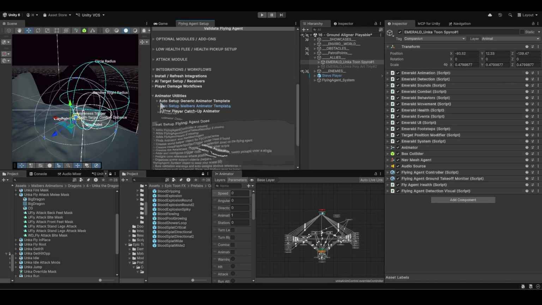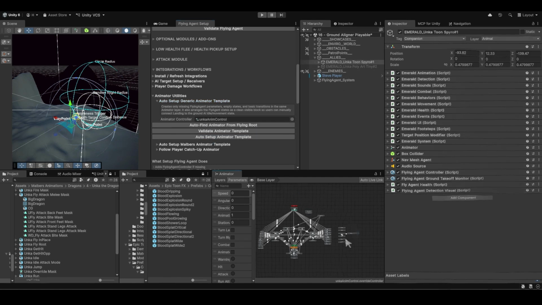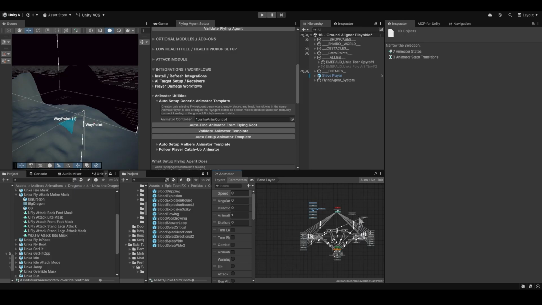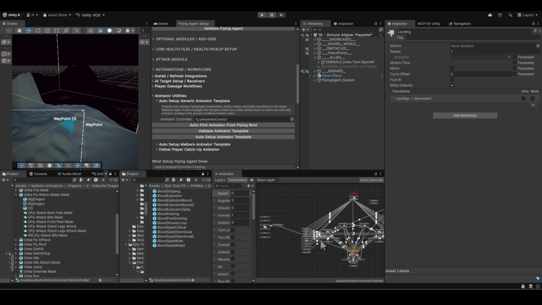We go to the generic animator module, find the Unka here, and then auto set up animator template, and it's up here, and do exactly the same drill as before. Set up these animations, and remember always to make a transition back into this big mess of Emerald AI's